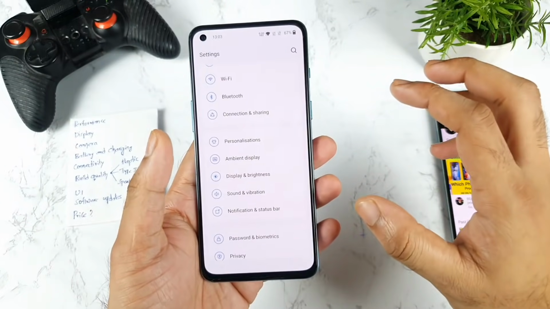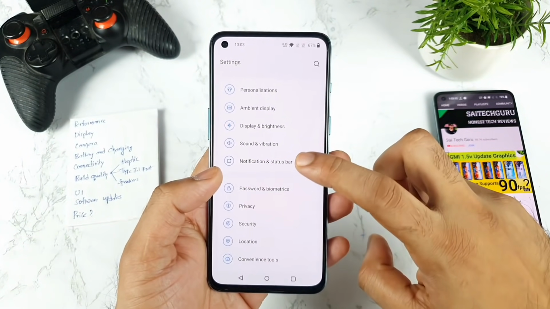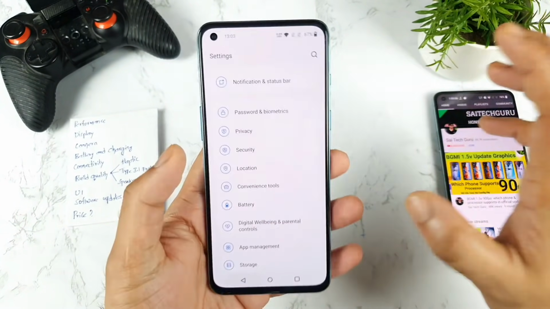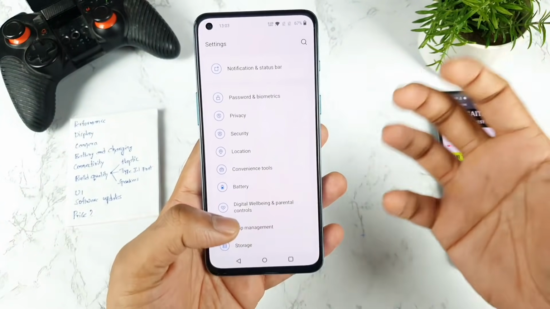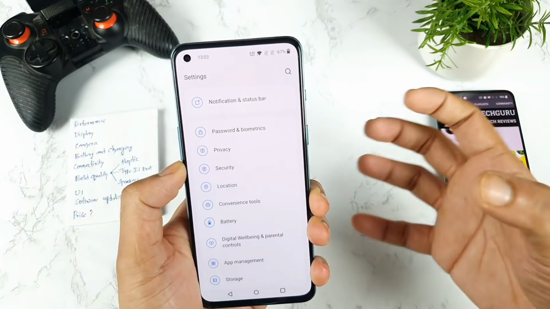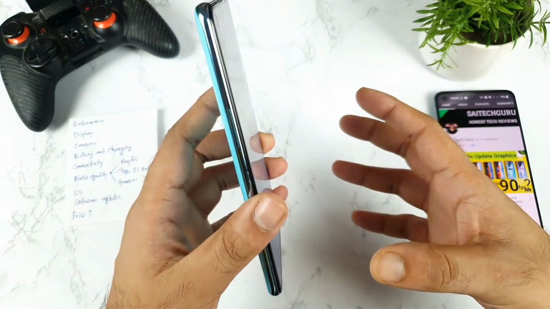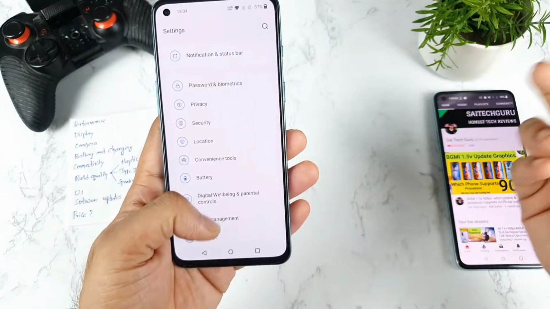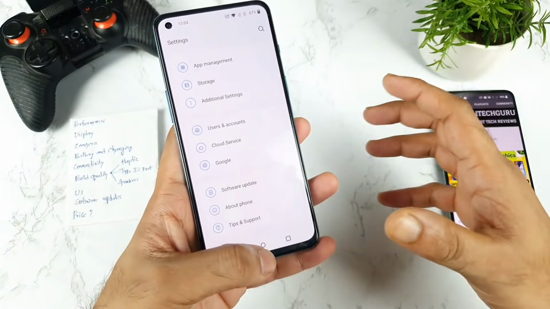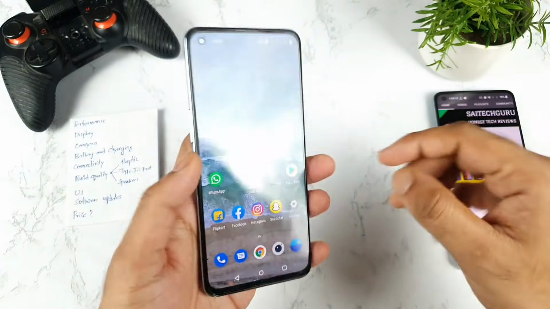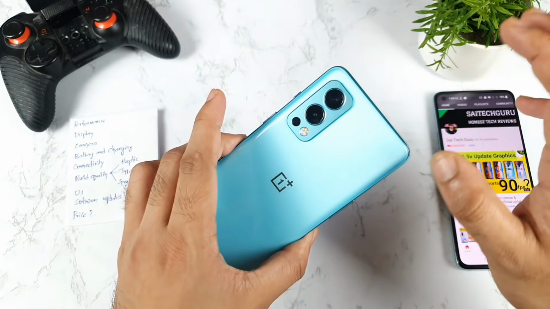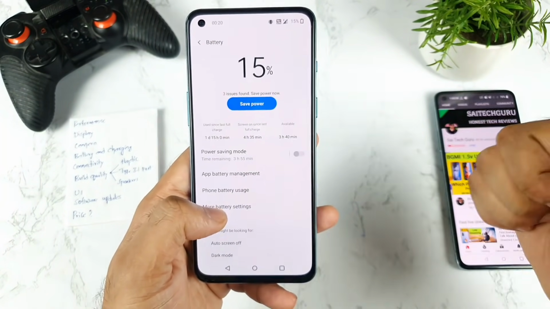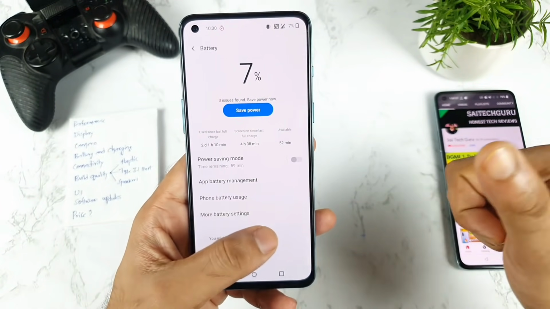And regarding the battery backup, yes, a little bit of battery draining is happening, not only in my unit, in a few other units as well. They did mention that they're getting screen on time close to 5 hours, 5.5 hours and 4 hours only, but we should get an average of close to 6 hours in this device. So maybe with the recent software update, that might be the thing which has happened in this device. I did upload a couple of other videos as well regarding the battery in this phone. Sometimes the overnight draining will be close to 10 to 12% overnight.